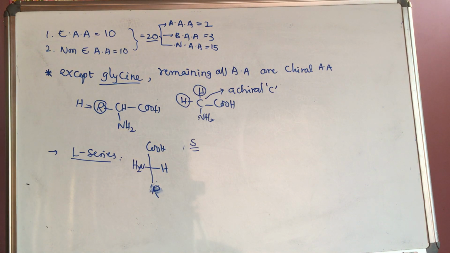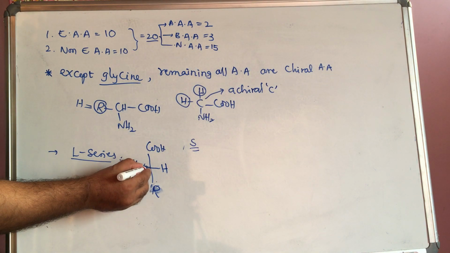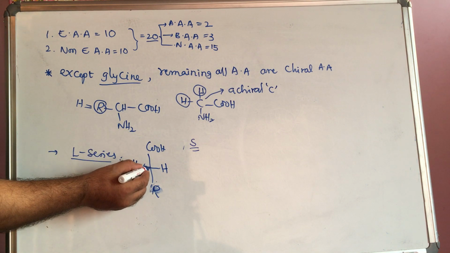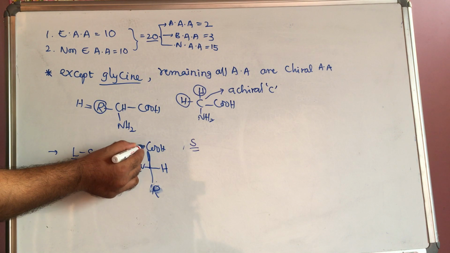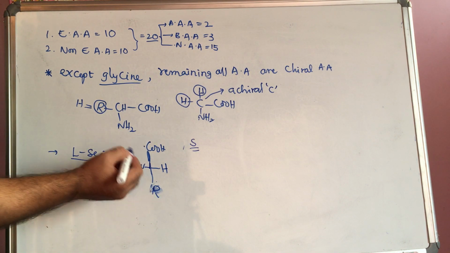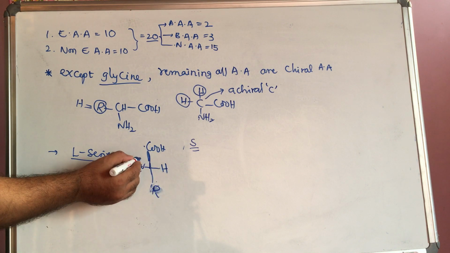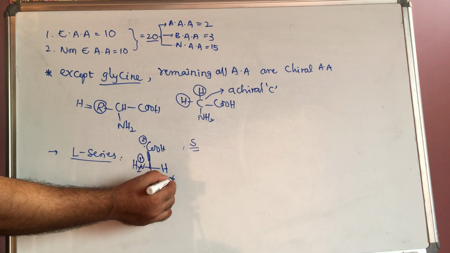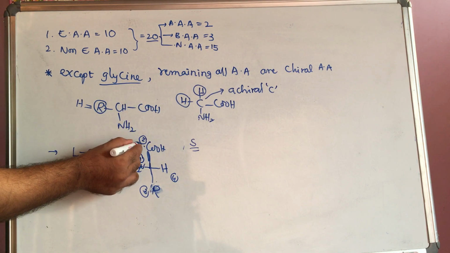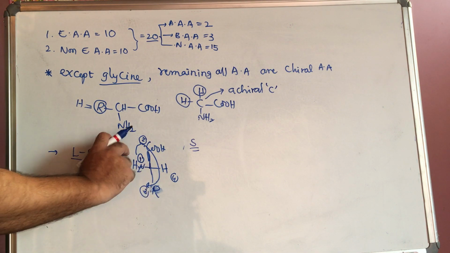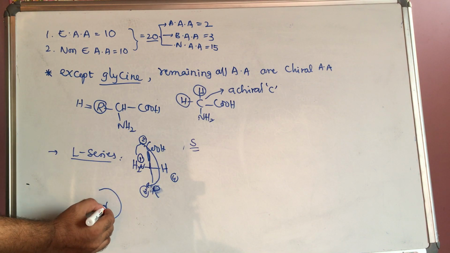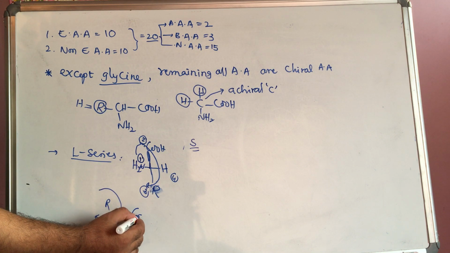If you observe according to RS nomenclature, this is a chiral carbon. For chiral carbon only we give the RS nomenclature. The first directly bonded atom here is carbon, here also it may be an alkyl group, that is also carbon, here nitrogen, here hydrogen. The highest atomic number gets the first priority, next here is the second priority, this the third priority, this the fourth priority. So 1 to 2, 2 to 3, this is clockwise direction.